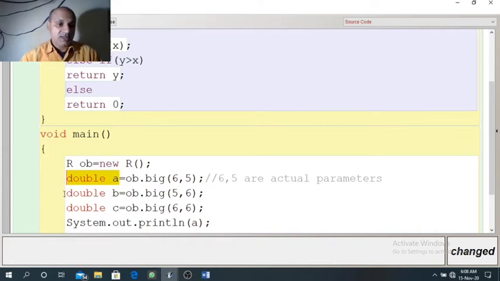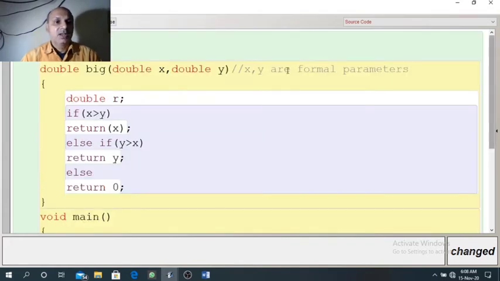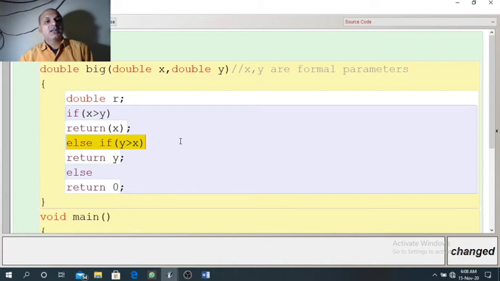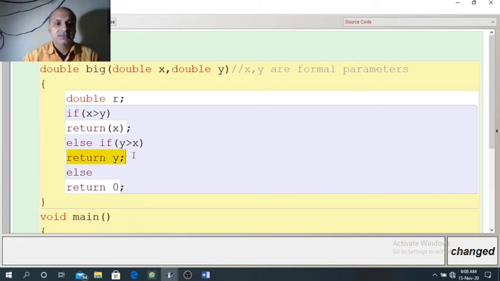Now the second statement, when we are passing 5 and 6 while calling the same function big. In this case X will store 5, that is a copy of 5, and Y will store a copy of 6. So first, if 5 greater than 6 is not satisfied, it will go to the else part. 6 greater than 5 is satisfied, so return Y. It means 6 will be returned.